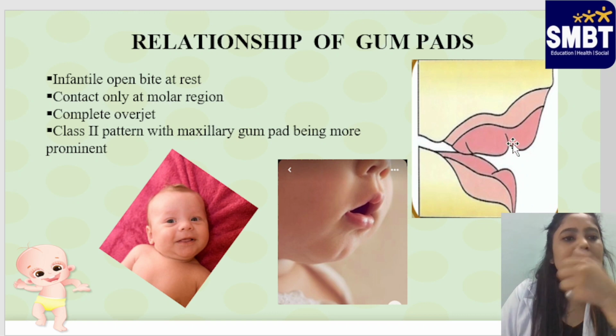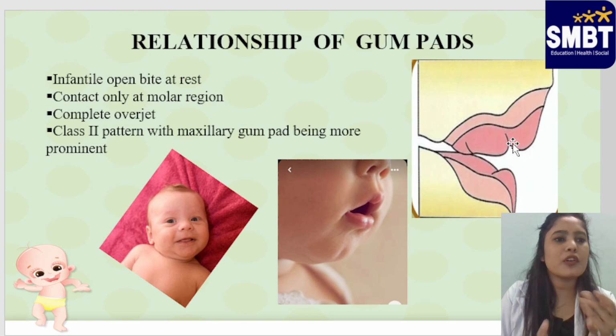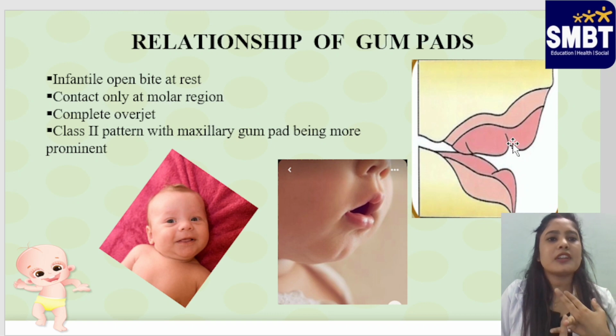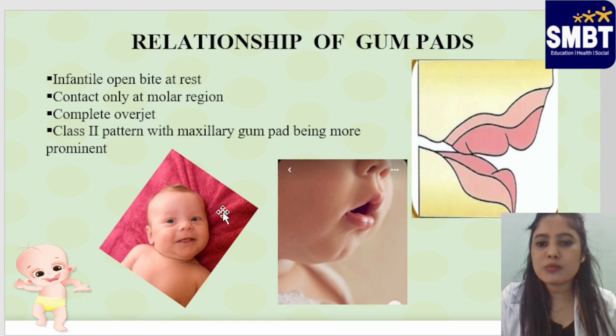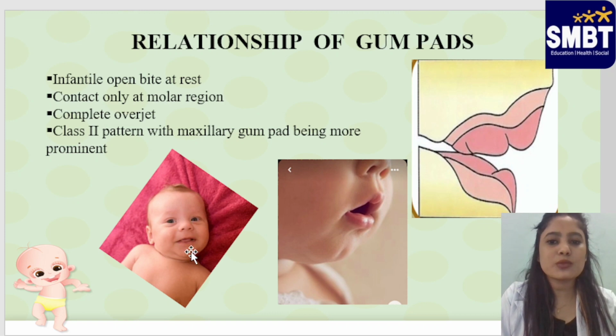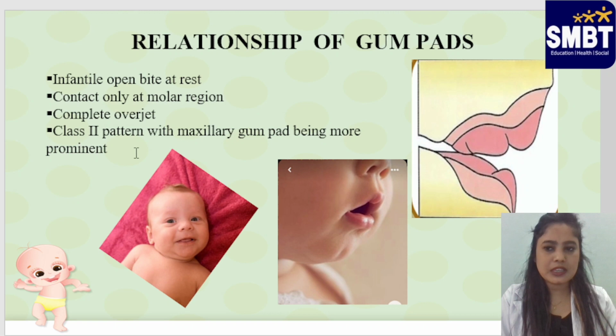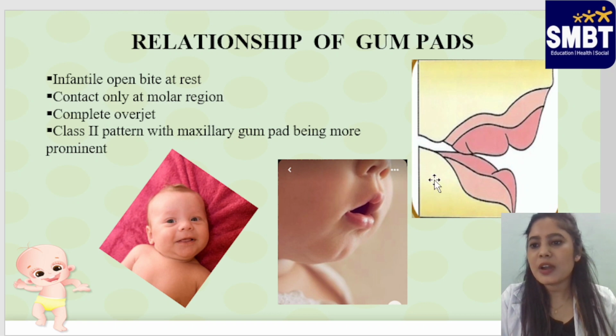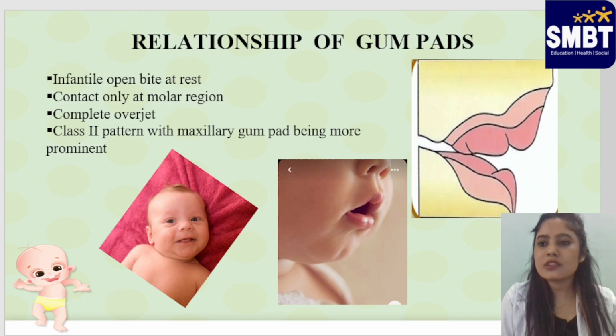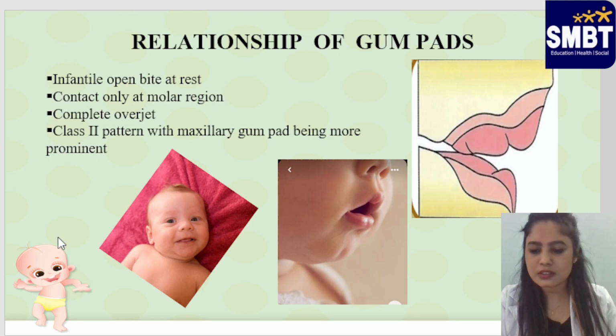It is of clinical importance in the pre-dentate period for infantile suckling and infantile swallowing. Also for the normal tongue position, which you can see here, the tip of the tongue is visible and rests in between the two lips. Also, you can see a skeletal class 2 pattern here, because the mandibular arch is in a more receded position as compared to the maxillary arch. This is what the skeletal class 2 relation is.